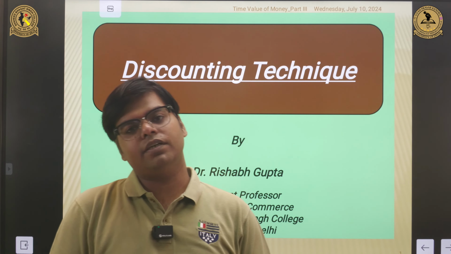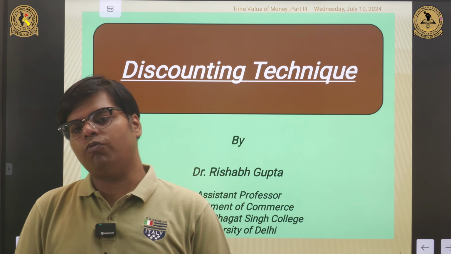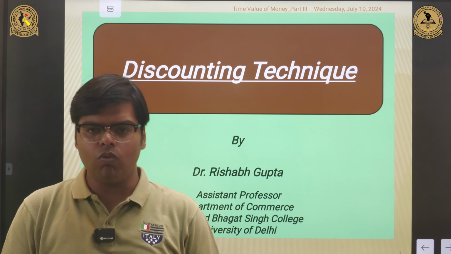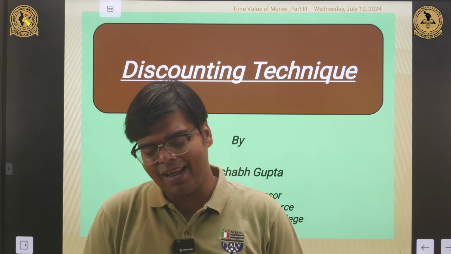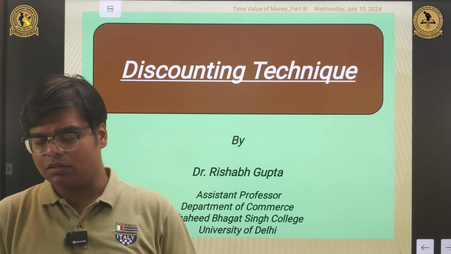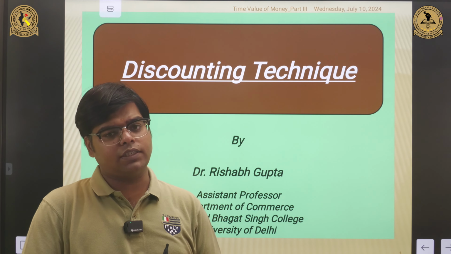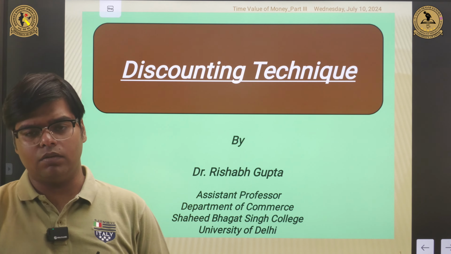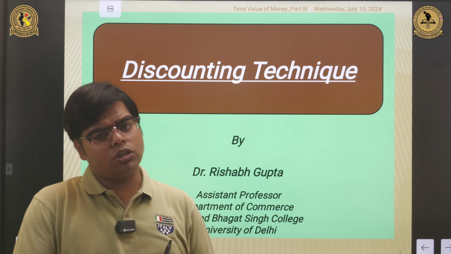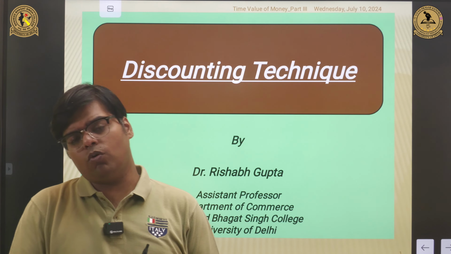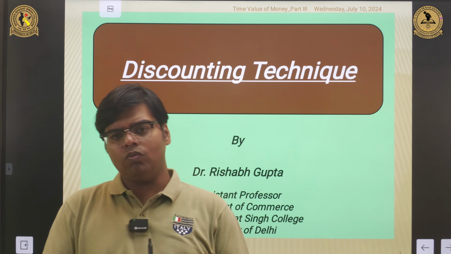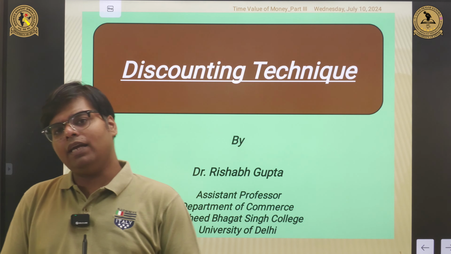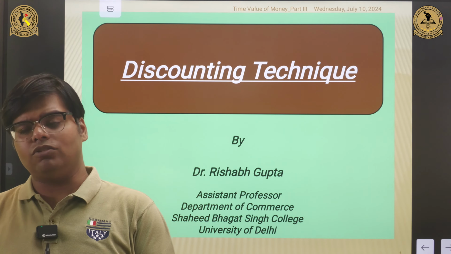Have you ever wondered how much money you should invest now in order to accumulate a wealth of rupees 10 lakh at the end of the 10th year, assuming the discount rate as 10% per annum, or in order to withdraw an amount of rupees 1000 in year 1, 1000 in year 2 and 1000 in year 3? How much amount should I deposit in a bank account as of now?